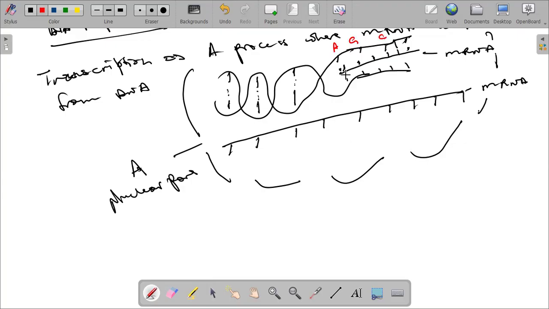So we need to see what is the complementary basis that can be found on this mRNA. You should know that opposite to A, we have got U, and then we have got C, and then we have got G as the complementary bases. So on DNA, we have got these bases. I'm saying we have got A, G, C,